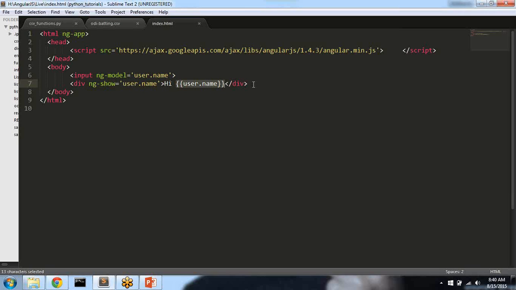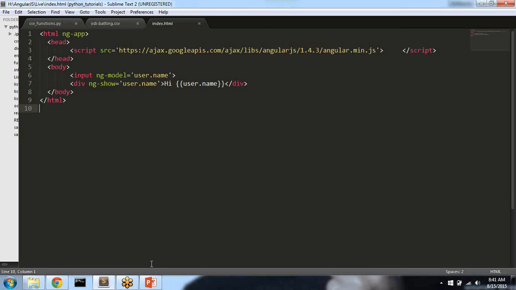Just an idea, don't worry about whether you're able to get it or not, just giving a glimpse of how AngularJS will work, and how easy it is to get started. And the moment you know what ng-model and what ng-show does, it's just two lines of code for you to write this particular application. Just an example, so don't worry whether you are able to get it or not. During the course I'll be properly walking you through each of it.